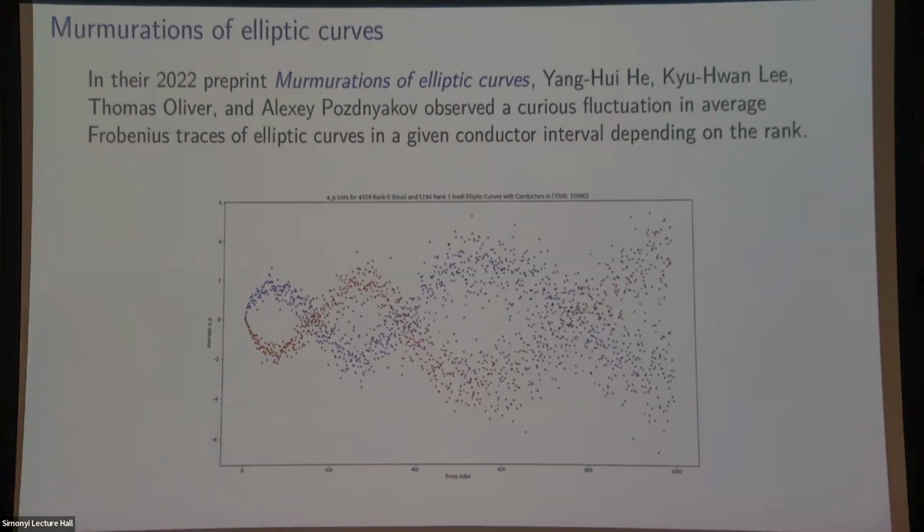Yeah, so I found this quite striking. They sent me an early preprint of this paper. I got very interested in trying to understand this phenomenon, especially because I do a lot of work with the L-functions and Modular Forms Database, and I'm often thinking about L-functions and higher dimensional analogs of elliptic curves. I wanted to know, is this something specific to elliptic curves, or does it generalize to other types of L-functions? And so what I'd like to share with you today is some of the results we found.